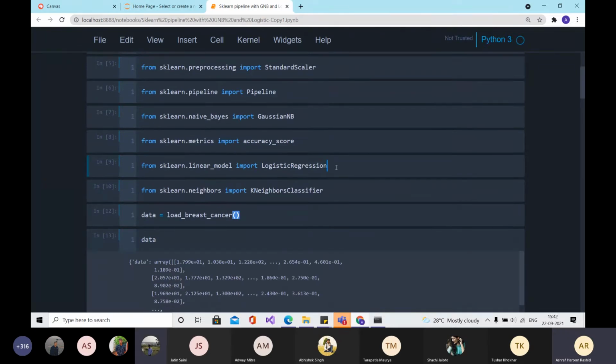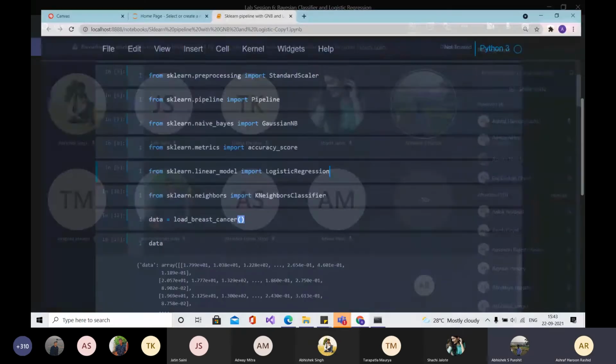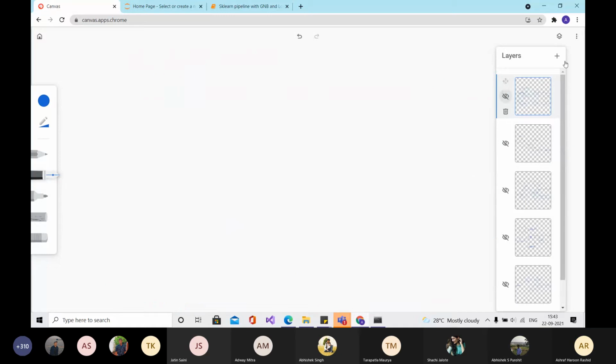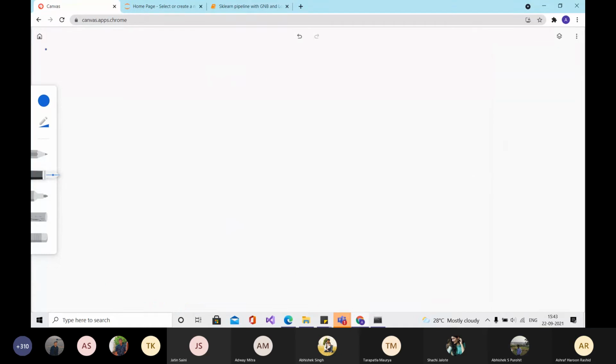Sir, what is the difference between both of these functions, k-fold and stratified k-fold? Okay, now you are working on a binary classification task in which you have labels as 0 and 1.